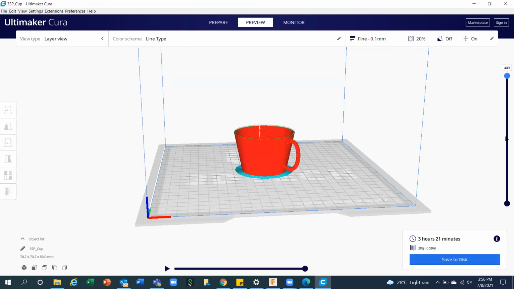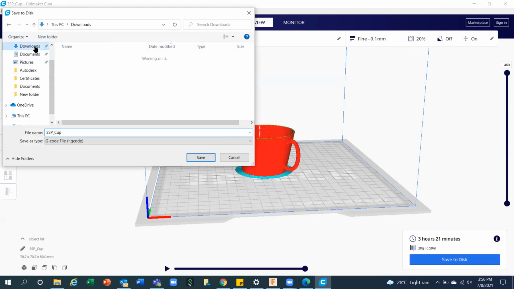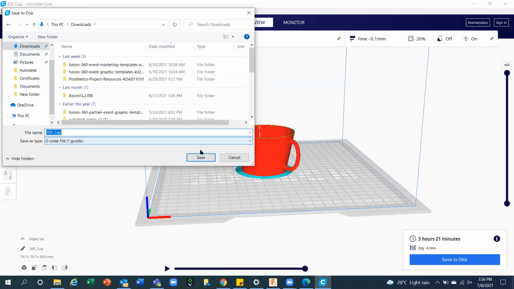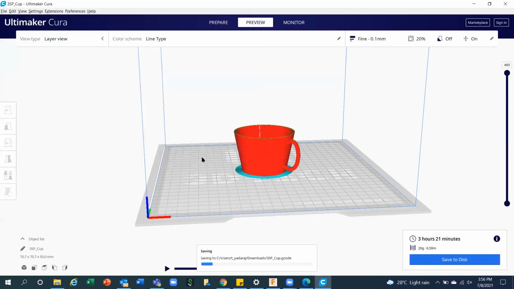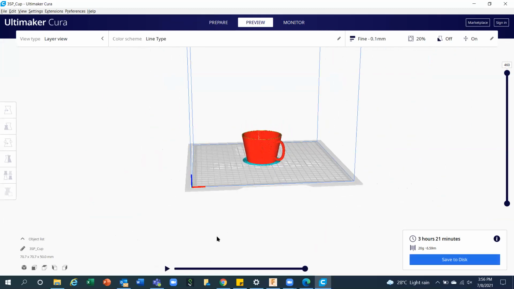Click this save to disk, and you can save this file. This is the G code file. I hope this entire procedure is clear to all of you.